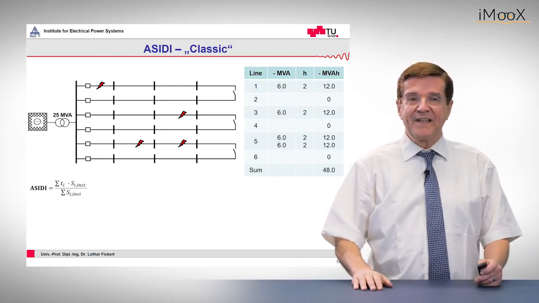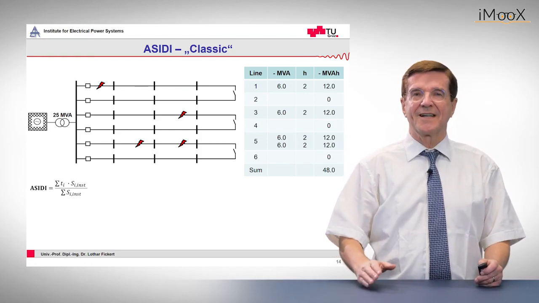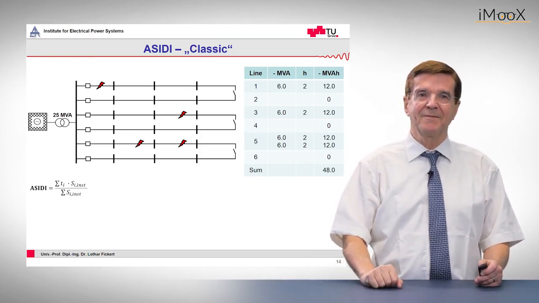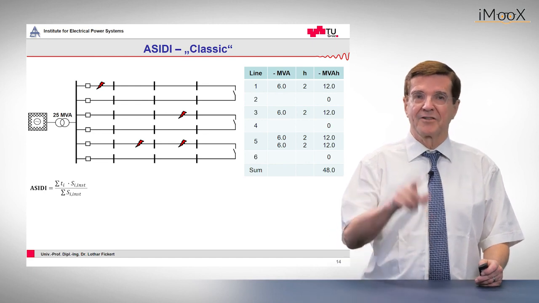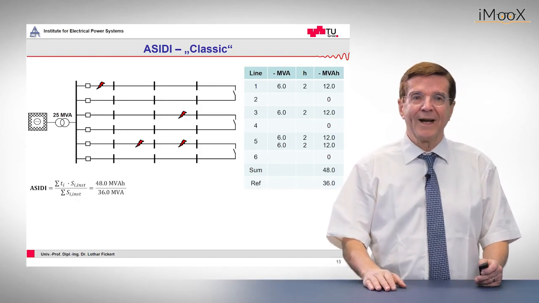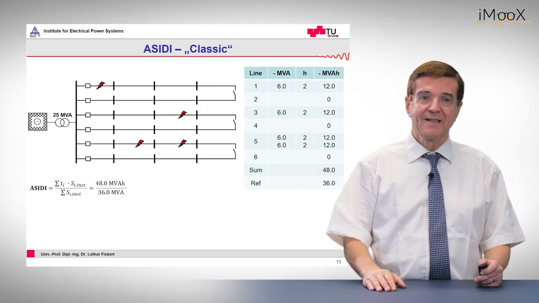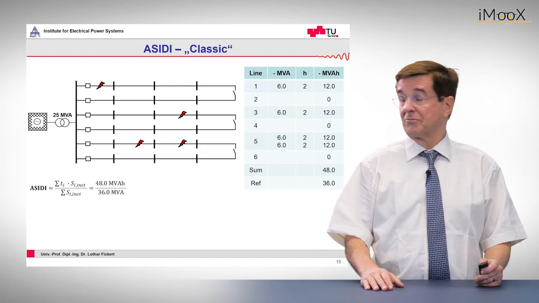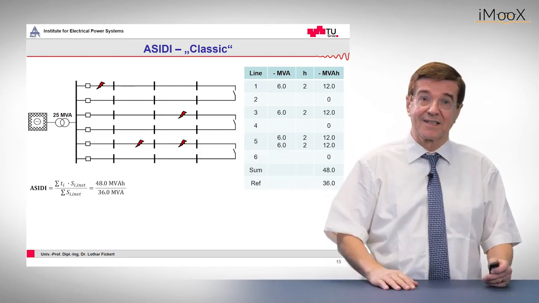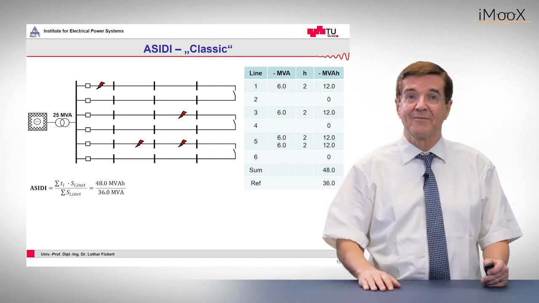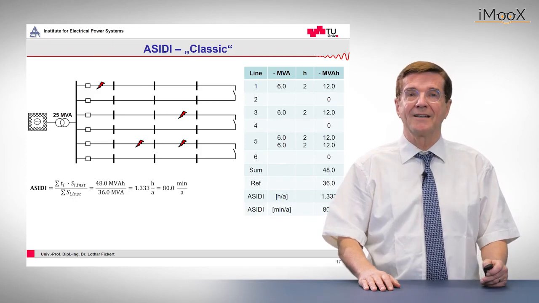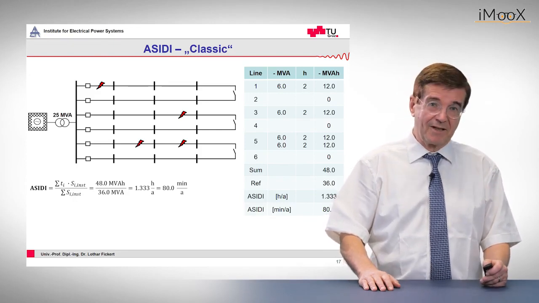Now let's feed this into the formula for this ASIDI. This is the magical network reliability parameter, and ASIDI means average system interruption duration index. So it is the weighted sum of the outages, and in this case it results in 48 divided by 36. Remember, 36 is 6 feeders with 6 MVA per feeder, and then we obtain finally 80 minutes per year as